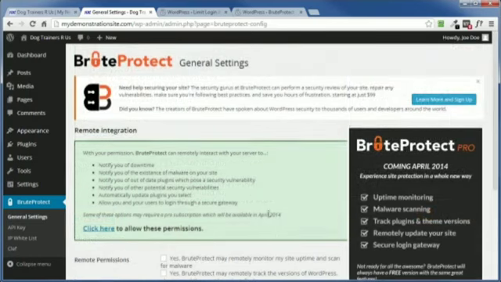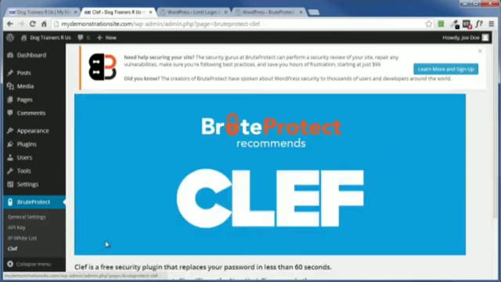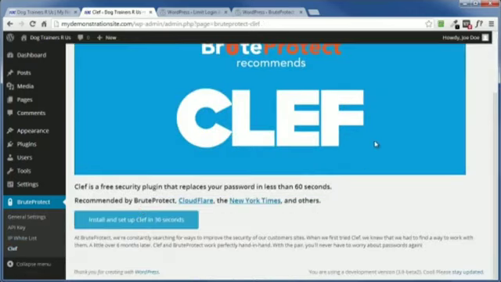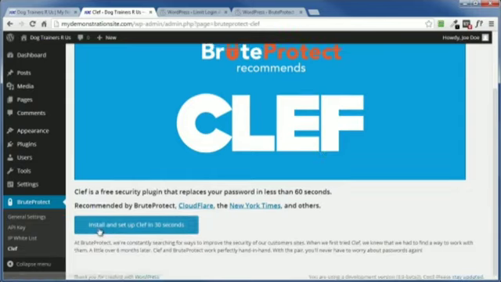And before I close out this video, one last thing I want to point out is a very cool plugin called Clef. This only works if you have a smartphone, because this actually removes the need for a username and a password. Instead, you would hold up your smartphone to the login box, and the two would communicate with one another, verifying that you are the administrator for this site, and it works great. So if that's something that you're interested in, go ahead and install and set up Clef, and it doesn't take